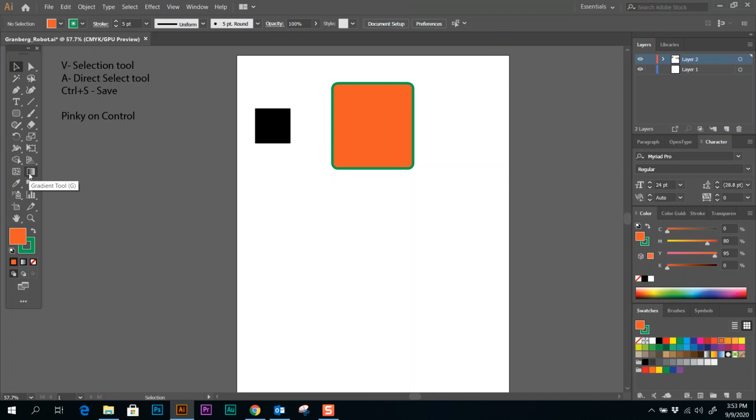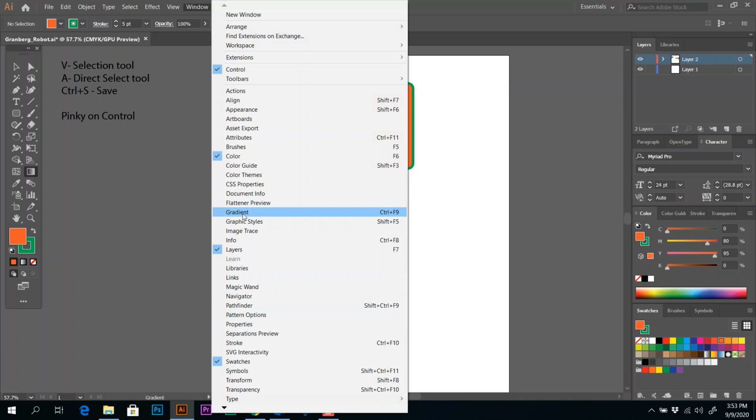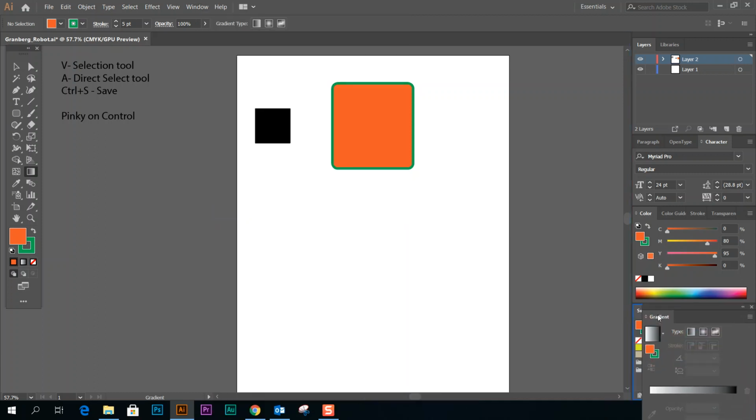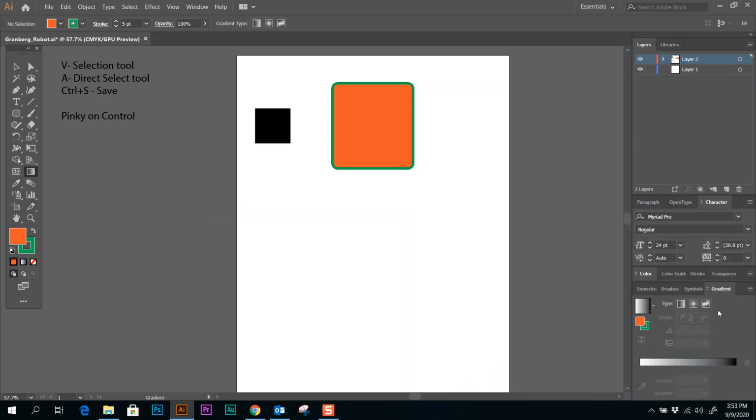Over here on the left, this is the gradient tool. So you can make a gradient just with that, but you can also open the gradient window. You can kind of tuck these in together. I don't know what it's called. But if you just drag it, you can have it out by itself, or you can put it up in here with these other windows. So when I hit the letter V, it goes back to my direct select tool,